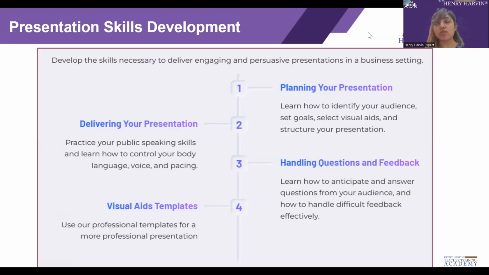Then what would you do? In most cases, you introduce yourself and then you start talking about the main points: today's presentation is on this topic, and we are going to discuss these main pointers. Then how would you handle questions and feedback? When somebody is giving a presentation, questions and feedback are very obvious, and how exactly can they practice being confident in that presentation.